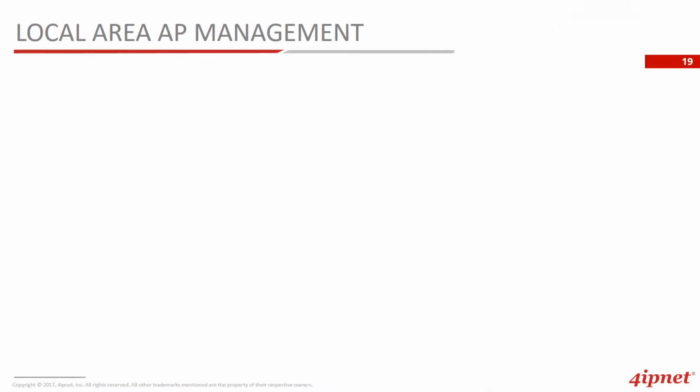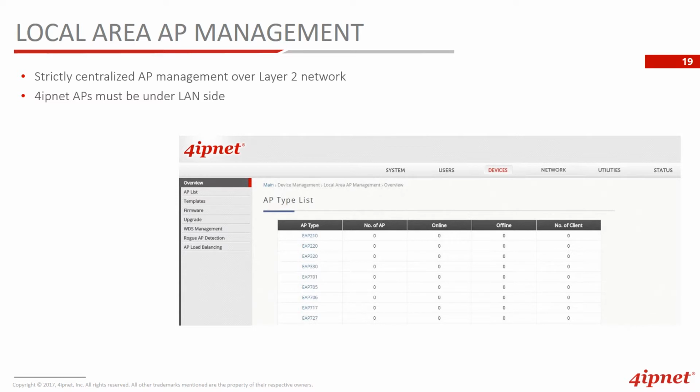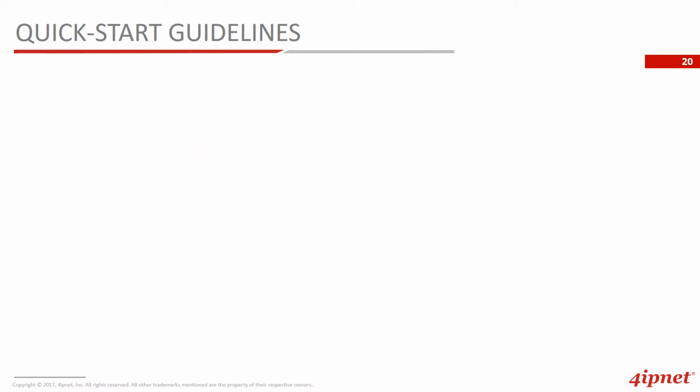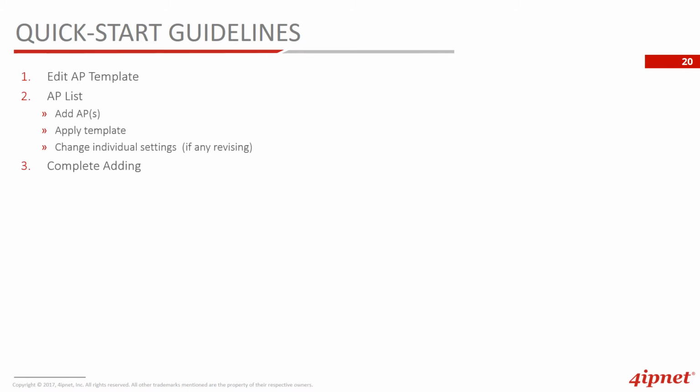LAPM is centralized AP management strictly over the Layer 2 network only. For IP nets, APs must be under the LAN side. Here you can see the parameters are very similar to that of WAPM, including templates, upgrade, firmware, rogue AP detection, and AP load balancing. The quick start guidelines are also similar to that of WAPM, besides the fact that the